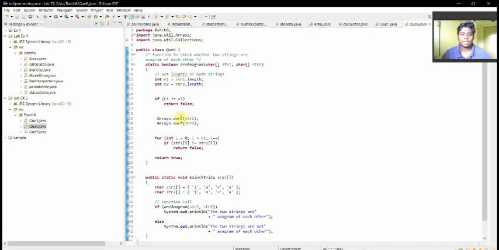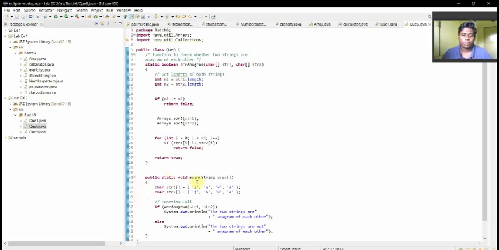So I am using Arrays.sort to sort string1 and string2, and then the for loop is int i equal to 0 and i less than n1, i plus plus. Hence if string1 is not equal to string2, then it returns false, or else return true.